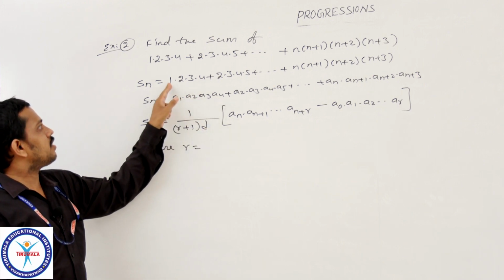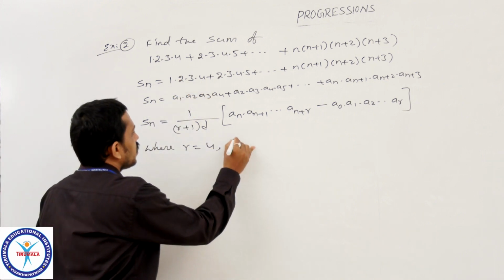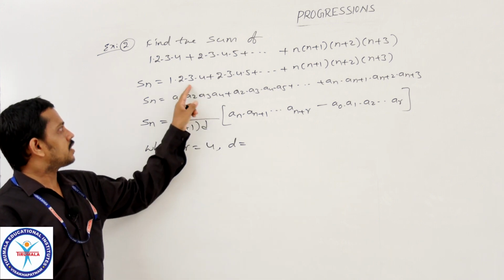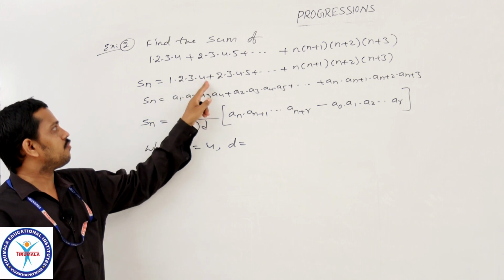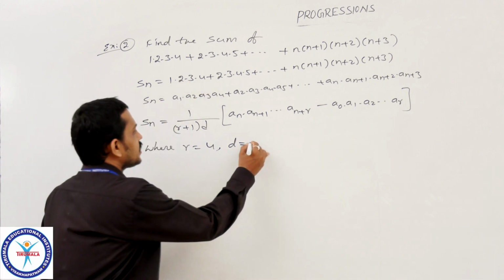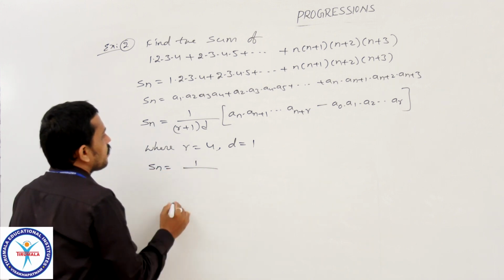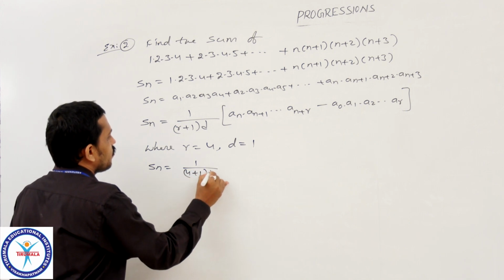Here how many terms are there? 1, 2, 3, 4. So, here r is equal to 4 and the common difference d is the difference between the terms of the product. So, 2 minus 1 is 1, 3 minus 2 is 1, 4 minus 3 is 1. So, this is 1. Then Sn is equal to 1 by (4 plus 1) into d, which is 1,